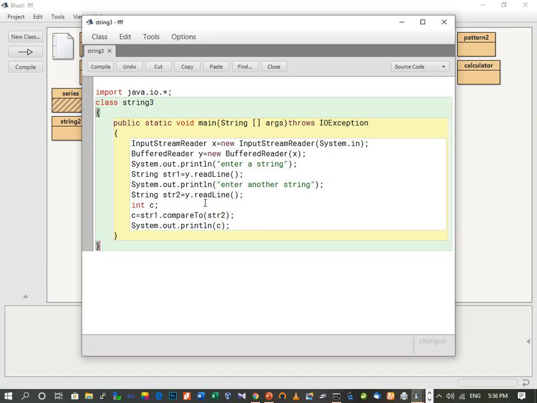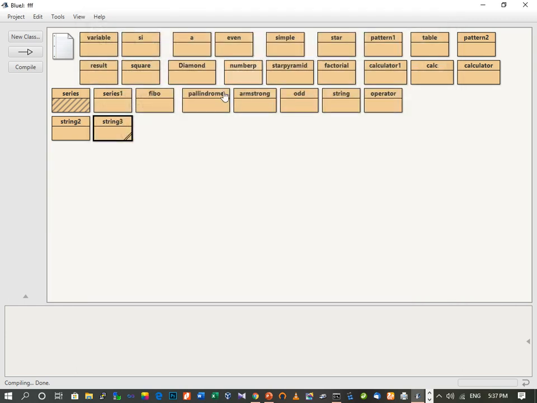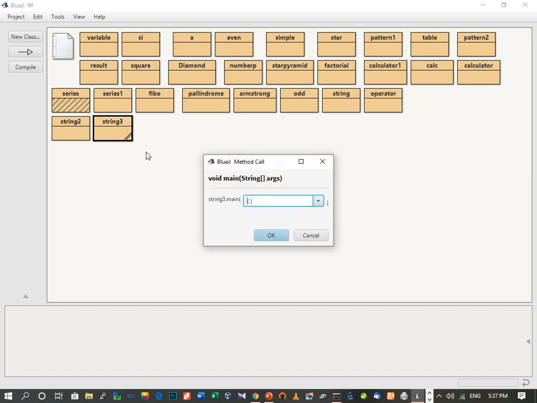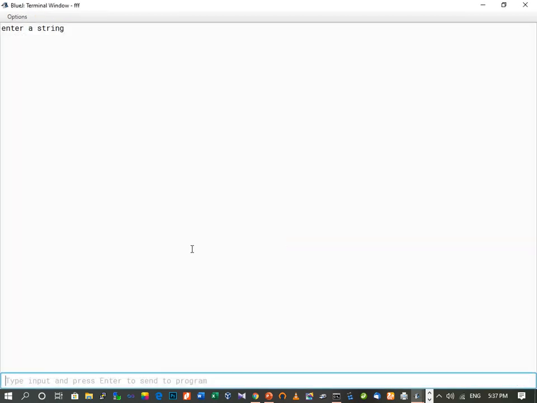Let's compile this program. Here we can see no syntax error. So now we will execute this program with all the types of input values, and we will see whether we are getting the desired output or not. So let's execute this code. Our first string was cook. Enter string, enter another string, that was book. So here we can see that after comparing cook and book, we got 1.